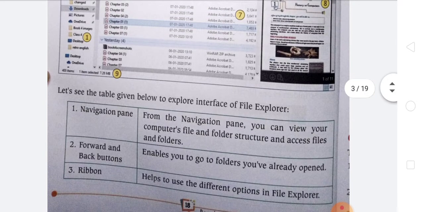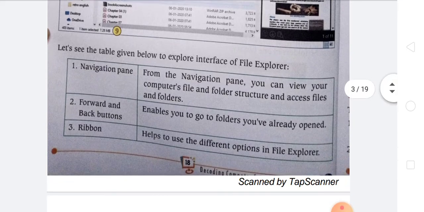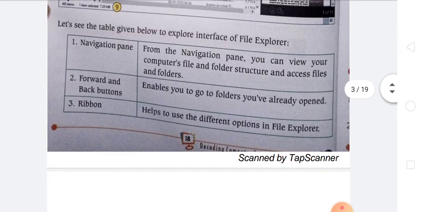Now we see what the interface of the file explorer is. So the first one is the navigation pane. From the navigation pane you can view your computer's file and folder structure and access files and folders.